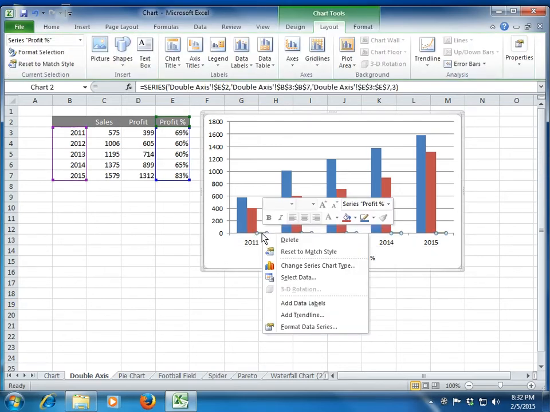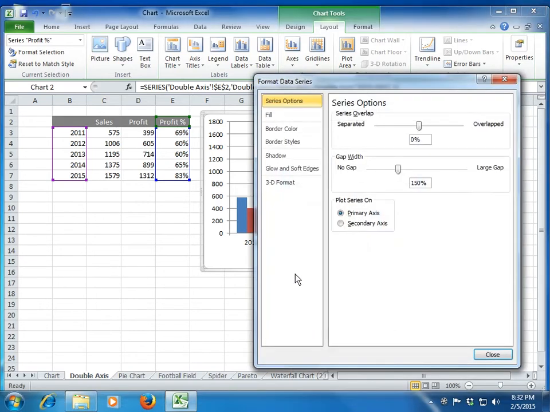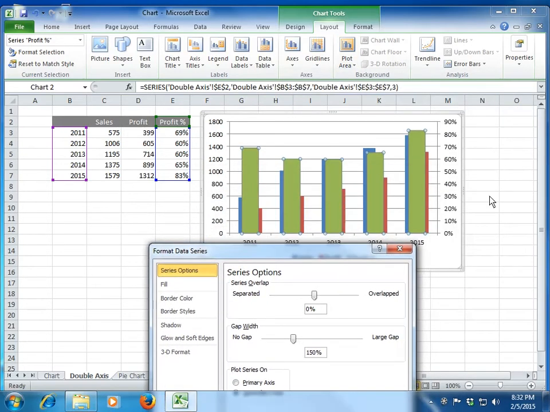You right click, you go to format data series. Whenever you have to work on a data series, you have to choose the option format data series. Now in format data series, in series option, you see that plot series on primary axis or secondary axis. This is your primary axis. So if you click on secondary axis, now you see that the data is now populated on the secondary axis,